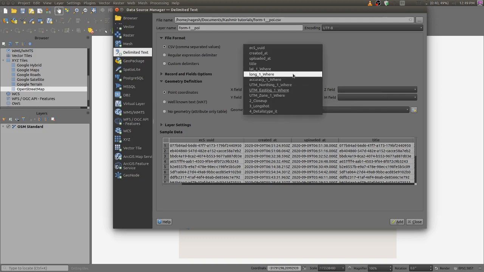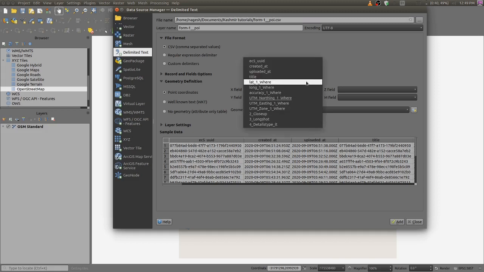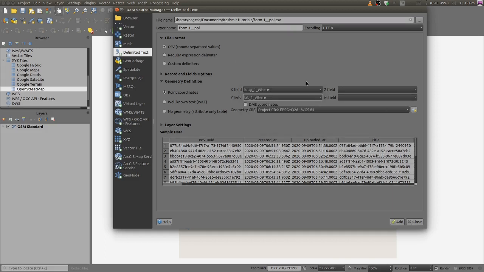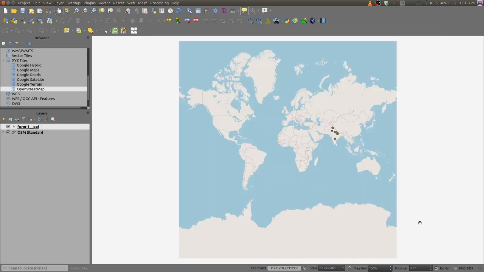For x field you have to select long, and for y field you have to select lat. This is the data which we have in that CSV file. The rest you don't have to bother about at present. Then add, then close it. Let us see, the points have already been imported to our map.